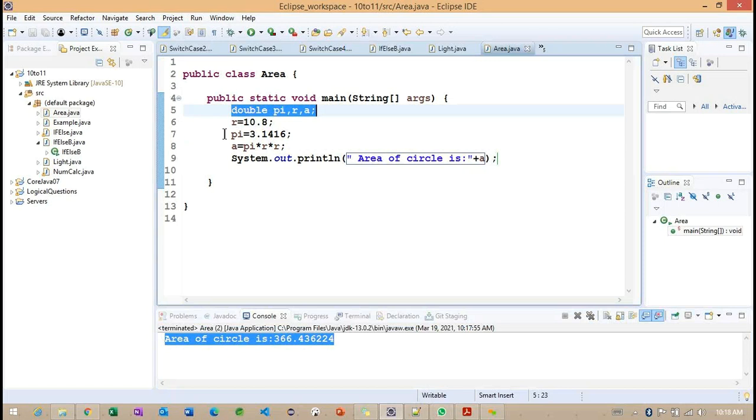Now, what are the default values we are going to get for these particular variables here? Whenever we are defining this particular double data type, what are the default values we are going to get here? Any idea? 0.0. Right. So 0.0 is the default value of this particular double data type here. So this is very important here.